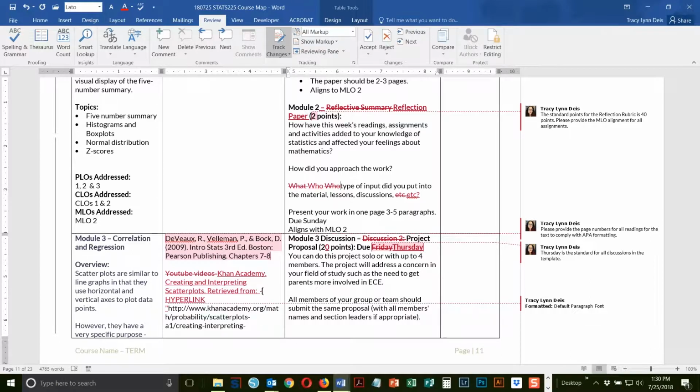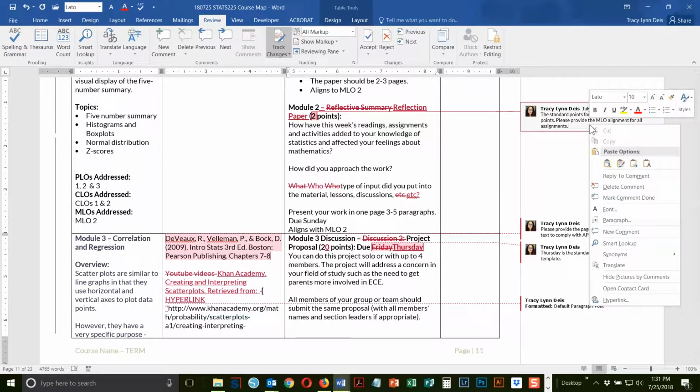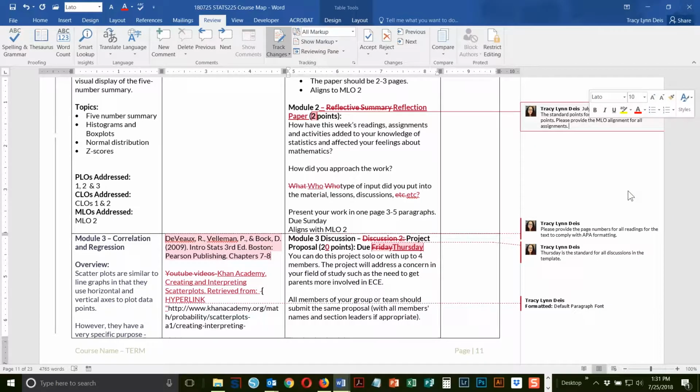Gotcha. Okay, two more questions. Sure. First one, how do I get rid of the comments so I can share the corrected document? Okay. So we've already walked through accepting or rejecting the changes. Working with a comment, you can use the previous and the next buttons, but getting rid of a comment is as simple as right-clicking on it and going to delete comment,